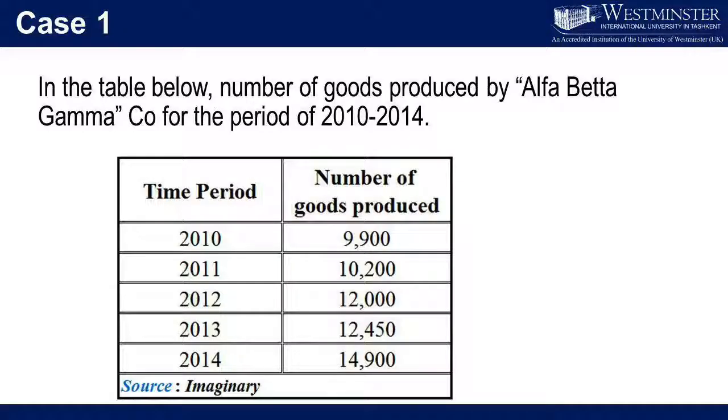Let's consider the first case. In the table below, the number of goods produced by Alpha Beta Gamma Co. for the period of 2010 to 2014. In order to compute fixed-based index, we compare each value with the value in the same base period or fixed